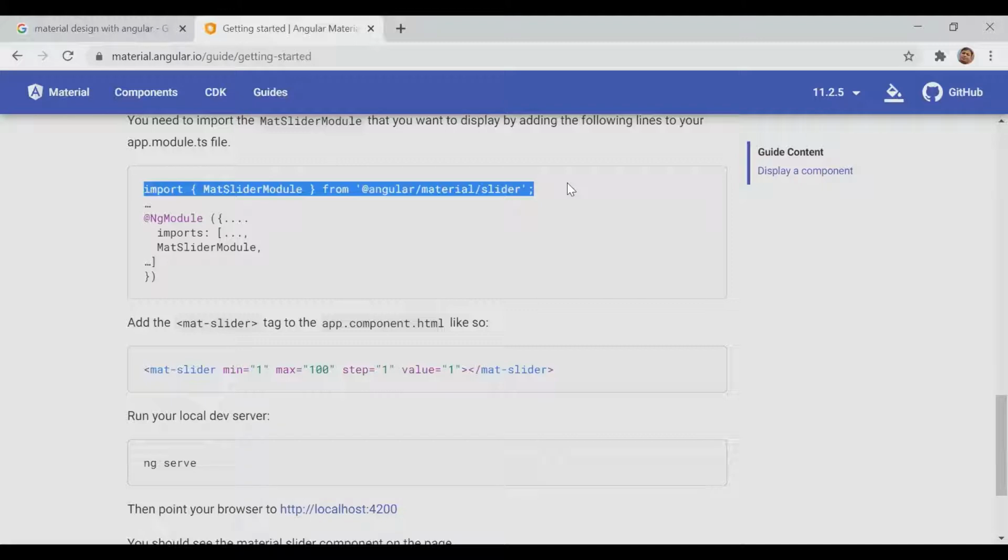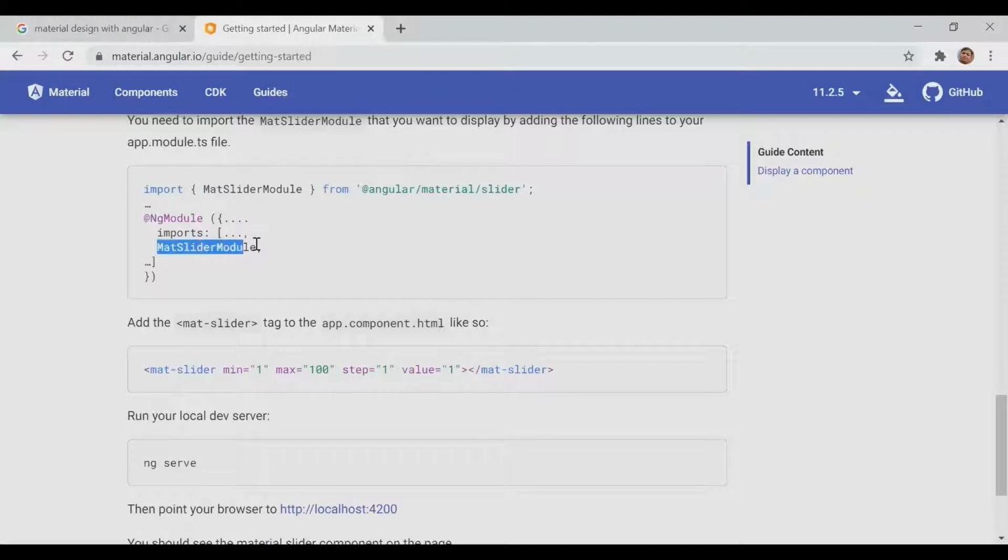But after Angular 4, they use a different module for each component. Like mat slider, it is also a module. It means whatever module you want to use in your project, that module you need to add.